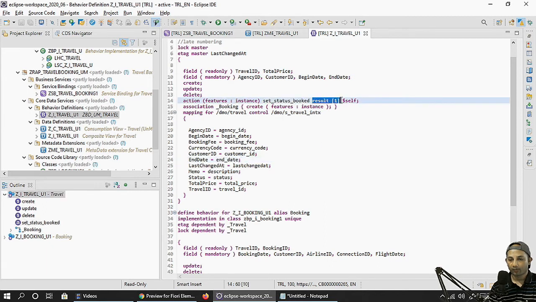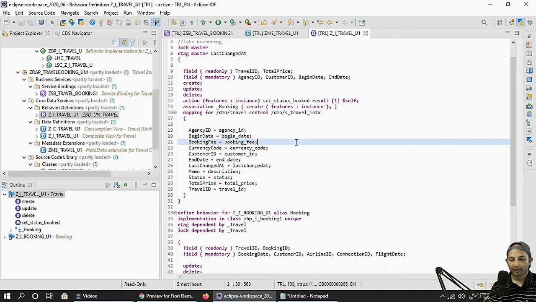Result 1, so this action button will be applied on a single instance. Every single instance of the travel, I will pick and call this method to set the status. I think it's clear now, except this part, featured instance. We'll discuss later on. Don't bother about it this time.